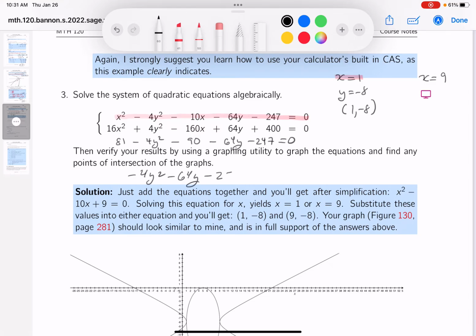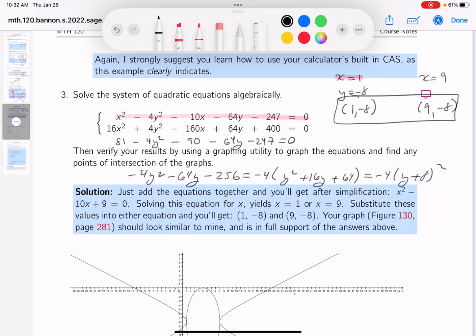Wow, this is deja vu all over again. Factor out minus 4. You get y squared plus 16y plus 64. And what do you get there? Minus 4(y plus 8) quantity squared. So we get another answer. What's that answer going to be? Well, when x is 9, y is minus 8. These are my 2 points of